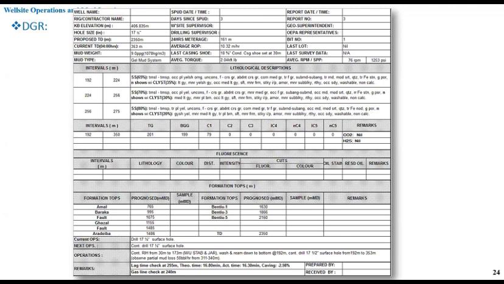Then it contains the lithological description of the intervals, a brief description of intervals, then the gas shows, including total gas, ground gas, and components, and also remarks about carbon dioxide and hydrogen sulfide, because both have